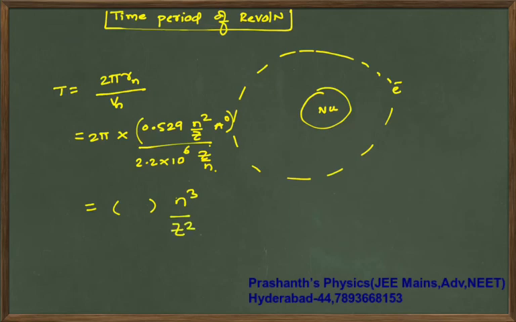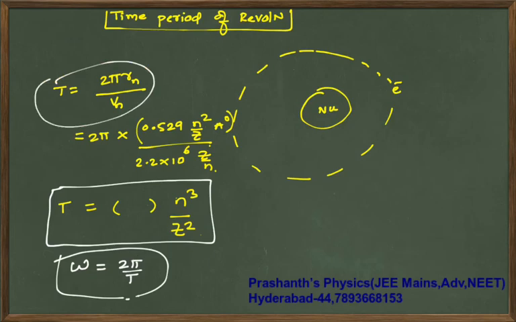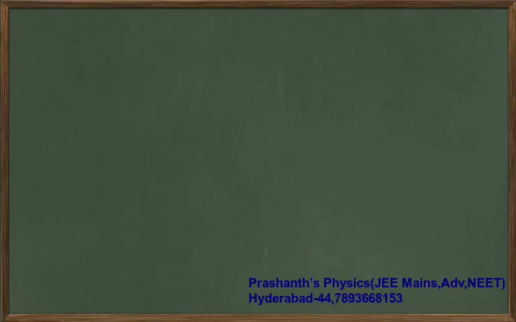So this proportionality constant you can simplify. I don't have a scientific calculator with me, but you will get it like this. If you remember this much, that is enough. And if you are asked omega, angular frequency, it is 2 pi by time period. Like this you will be able to solve it, don't worry. Here this relation is important. It's pretty simple, I don't need to make you worried, because all this is basic stuff. So we have seen radius, velocity, and time period.